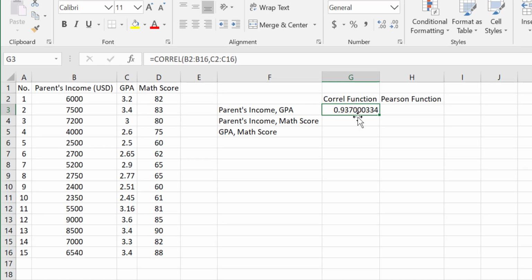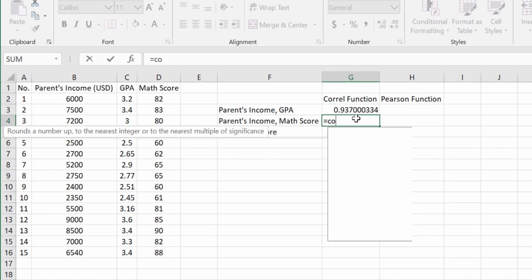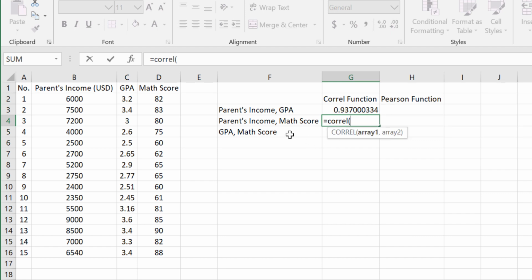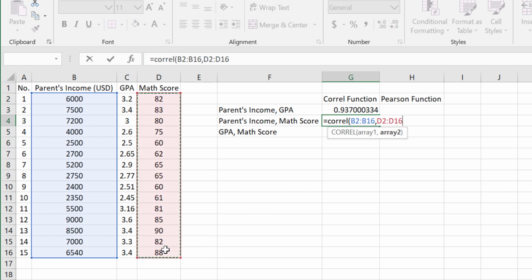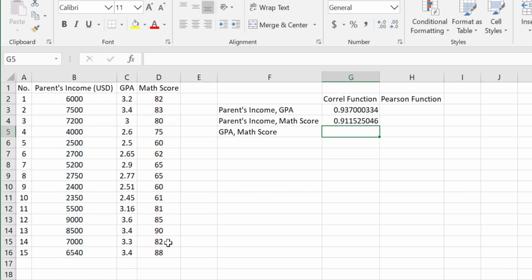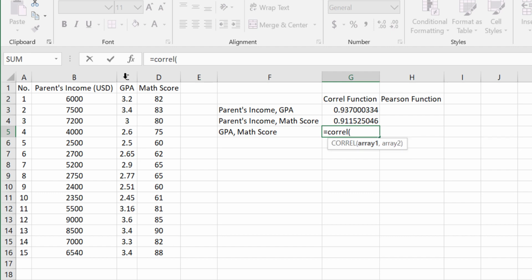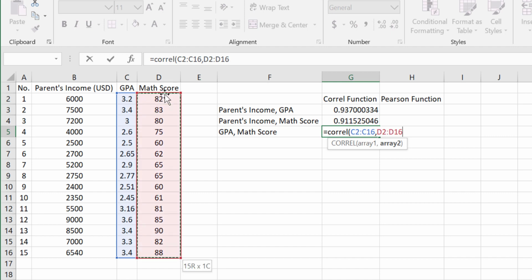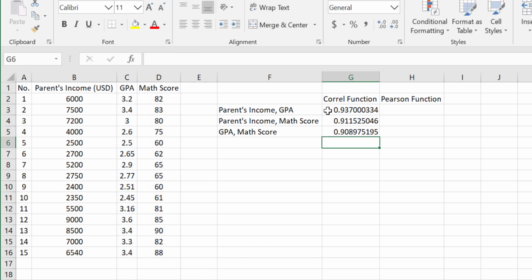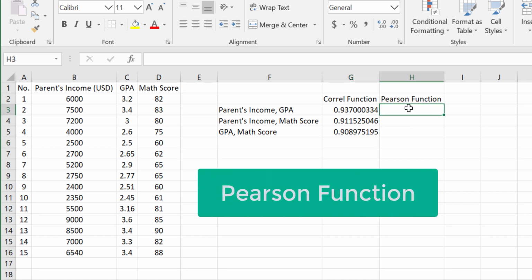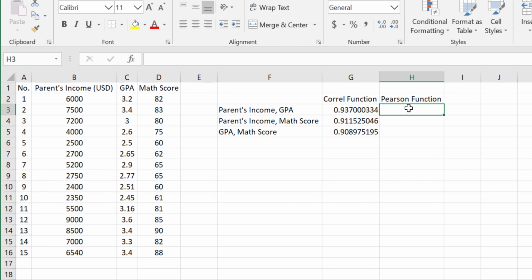Let's calculate the correlation value between the other variables by using the CORREL function here. Okay, now the parents' income with the math score, enter, and then the GPA with the math score by using the CORREL function. Great, now we have three correlation values that we calculated by using the CORREL function, and you can interpret these values. And also, the second method that we can use to calculate the correlation value is by using the